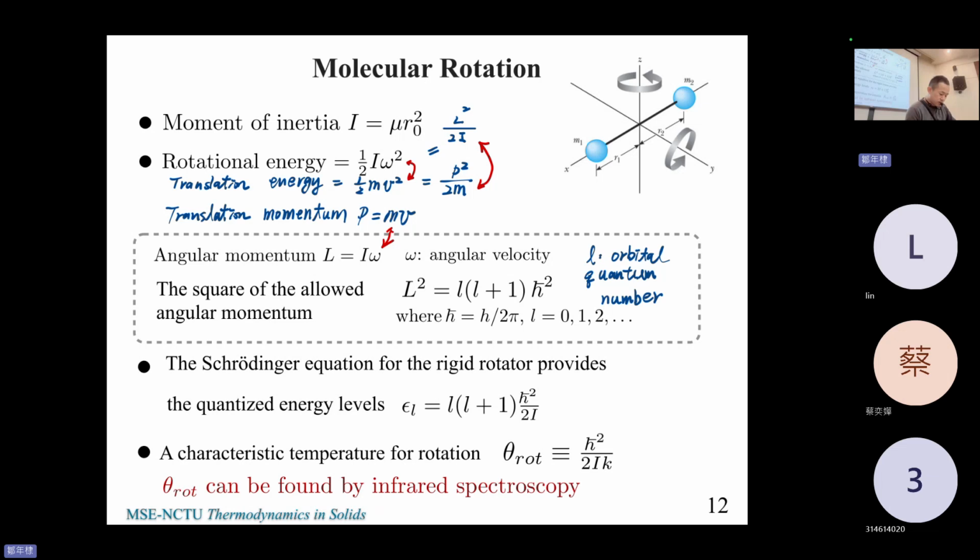Okay, so you can see that the orbital quantum number is also in this energy level. L times L plus 1, and you see the L squared. In quantum mechanics, they found that the square of the allowed angular momentum is L squared equal to L times L plus 1. All right, well, I cannot prove that. They prove it in the